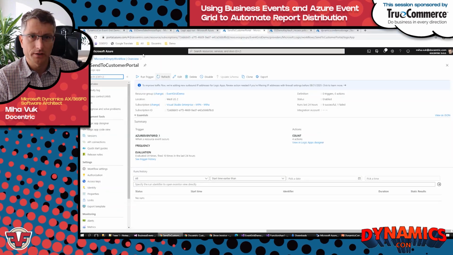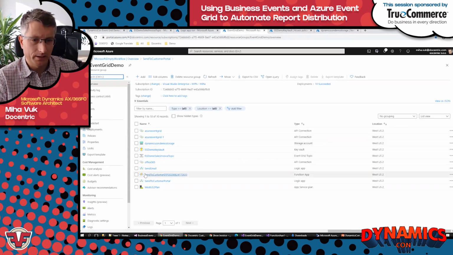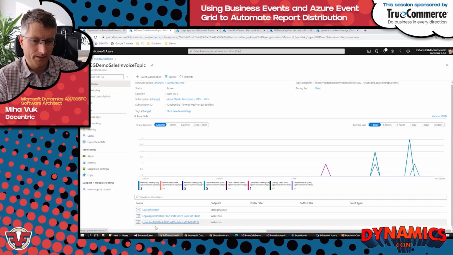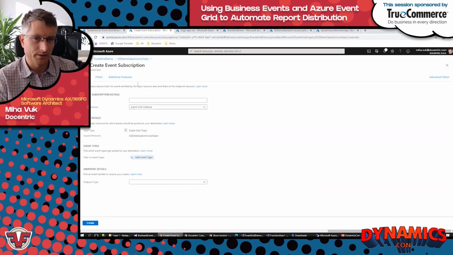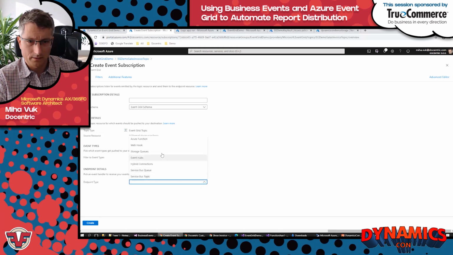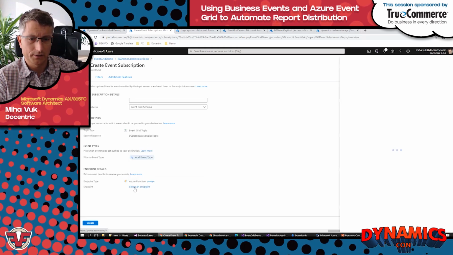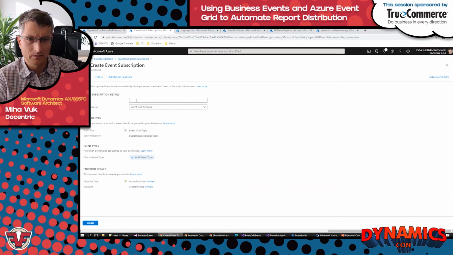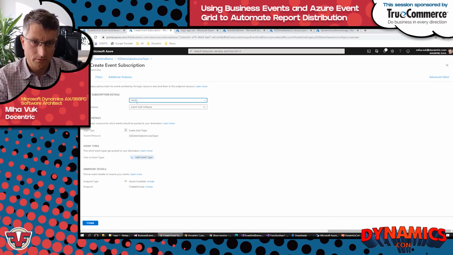Now let's go to Azure portal. Okay, we can. And we see that we have a function app resource and we have an app service resource. So that's as an effect that the Azure function has been published. But if we go to our Event Grid topic, we still don't have a subscription for it. We have to manually add the subscription. And let's select here Azure function, select our create invoice Azure function, send to